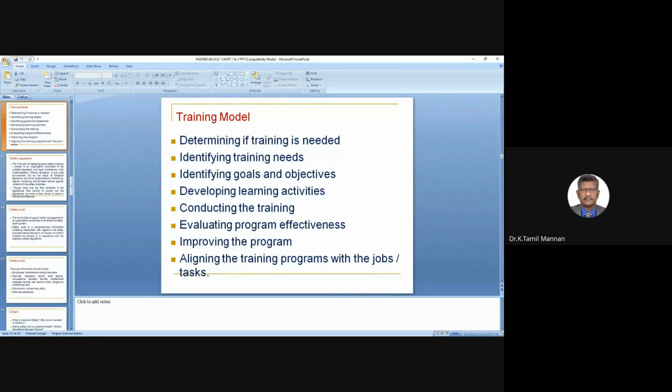The training model focuses on determining what type of training is needed. It varies from industry to industry, so you have to identify the training needs. Different industries need different sets of training. Accordingly, you have to provide the training, prepare the training models, and identify the goals and the objectives,